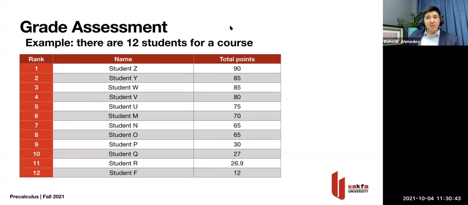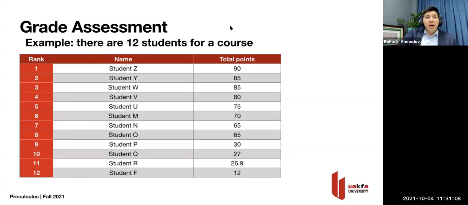You may get, for example, 60, but if you're the first in the course, you still get 5 or 8. It really depends on your position. It's a really good system because it encourages students to compete with each other. You need to always study better and better, because you need to be first in order to get good grades. The number of good grades is limited.